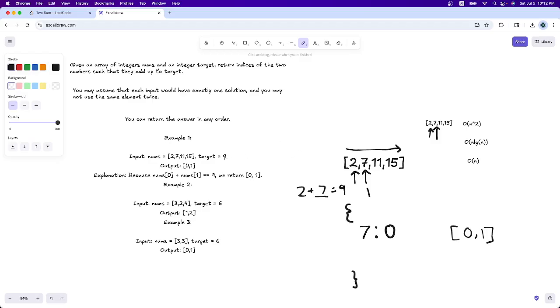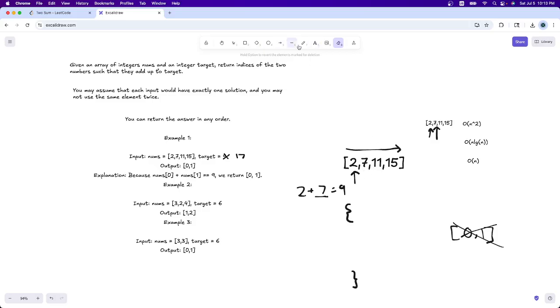Okay. Now let's assume that our target is not this, but something like 17. So let's say it's not this, but it's 17. And then at this point, we'll continue going. So that's not the solution now, and we'll save the 7. So, okay, let's start back here. So 17, so we have